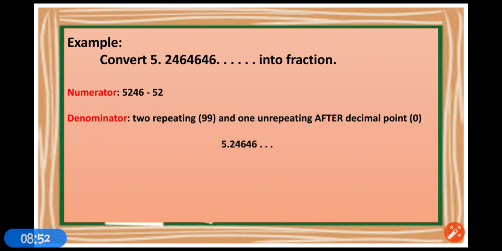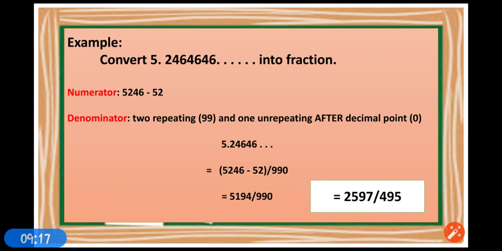So this number could be converted into 5246 minus 52 in your numerator part over 990 in your denominator part, since we have 2 nines and 1 zero. So this is simplified into 5194 over 990 and further reduced into 2597 over 495. Okay? So this is the fraction form of your non-terminating decimal number,